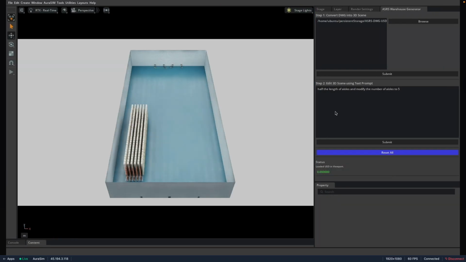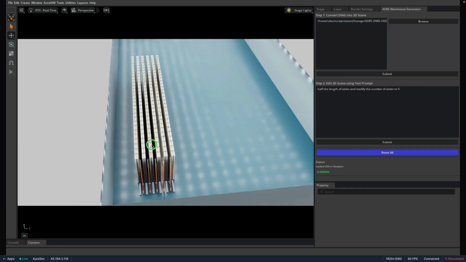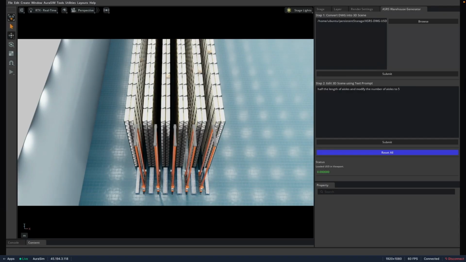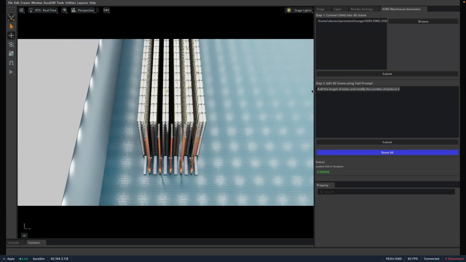It takes some time to load up the scene. So here we can see it has modified the length and also converted the number of files to 5. So if I zoom in and focus on this section, we can see the number of files is 5. So we would also maybe require to now increase the gap between the files. So let's prompt for that,